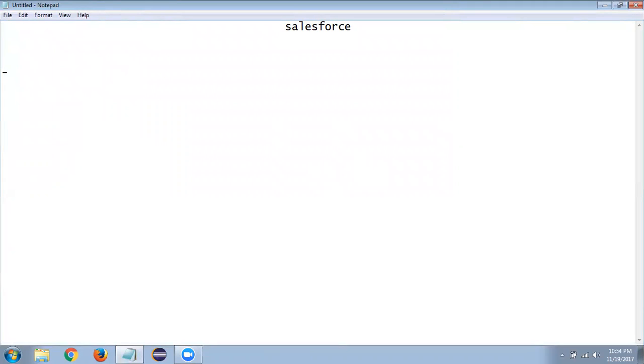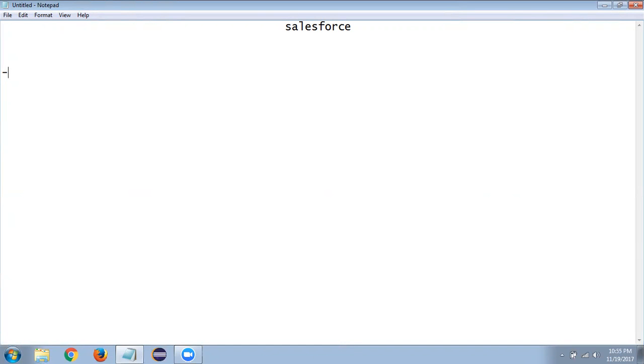So, generally, before we learn any technology, first of all, we should maintain a basic knowledge. What it is exactly, where exactly we are using it very frequently, and all these parameters we have to focus on before learning any technology. In the same manner, here also you should be aware of a few points about Salesforce.